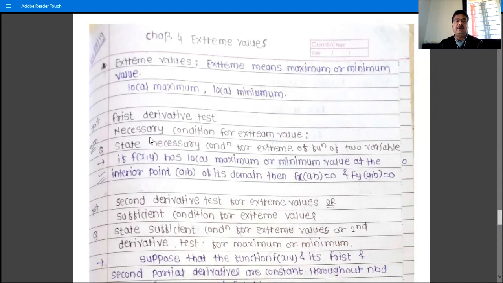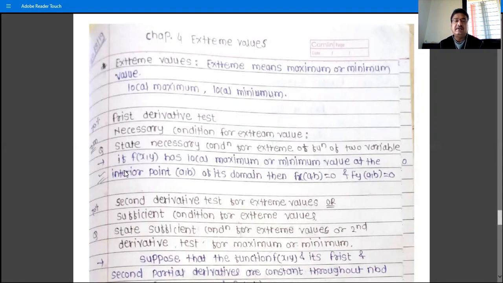So the first derivative test, or the necessary condition for extreme value. So the question for 2 marks is: state the necessary condition for extreme of a function of two variables. If f(x,y) is a function of two variables, has a local maximum or minimum value at the interior point (a,b) of its domain, that is, this function f(x,y) is either maximum or minimum at point (a,b), and if f_x(a,b) and f_y(a,b) exist,